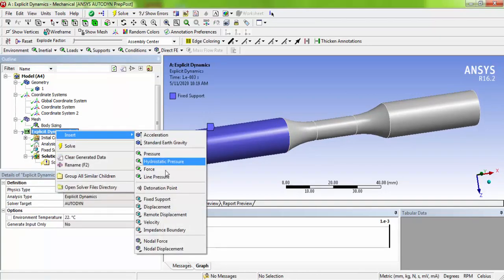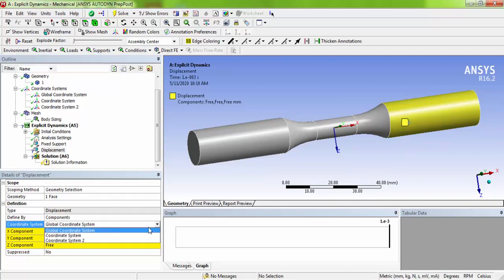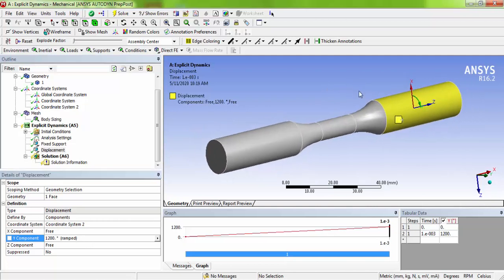Right click insert displacement and select this face and apply, and change this coordinate system to system number 2. You should apply in terms of the Y component. Let me choose around 1200 degrees. It will be in degrees. I am just twisting in this area.